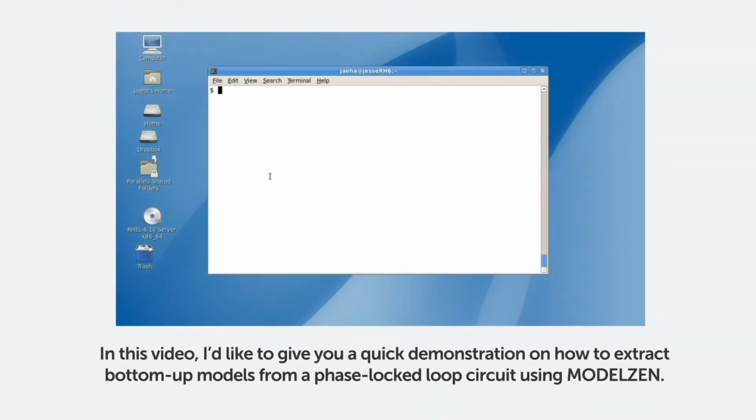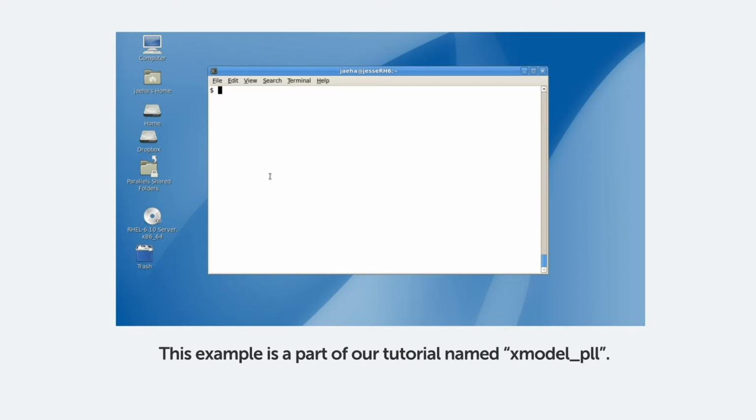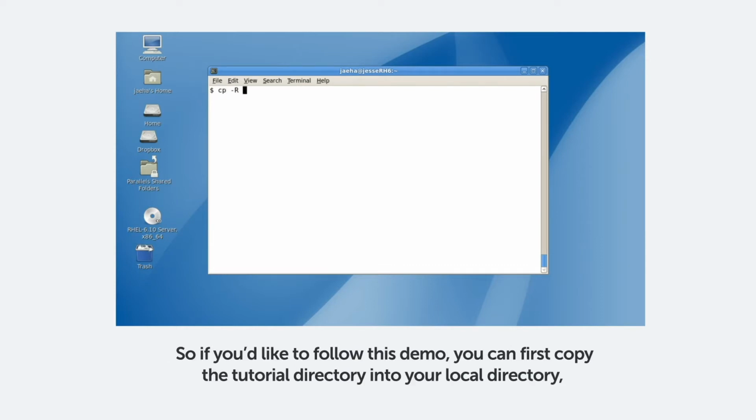In this video, I'd like to give you a quick demonstration on how to extract bottom-up models from a phase lock loop circuit using MODELZEN. This example is a part of our tutorial named xmodel_PLL. So if you'd like to follow this demo, you can first copy the tutorial directory into your local directory,